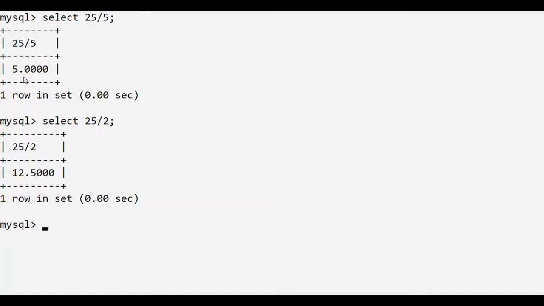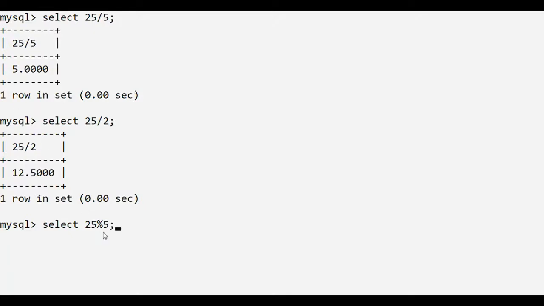Let's take one example of modulus operator. The modulus operator returns the remainder of a division. The modulus operator is represented by the percent sign. So we write select 25 modulus, represented by the percent sign, 5.